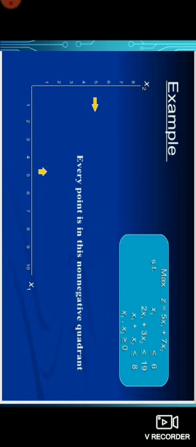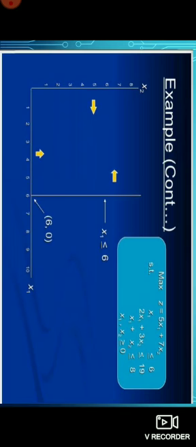I have already explained. For the first constraint, you convert it to equality form, that means x1 is equal to 6. x1 is equal to 6 means x1 has value 6 and x2 has value 0. That's why x1 is 6 and x2 is 0. This is a point, 6 and x2 is 0. The first constraint is complete.